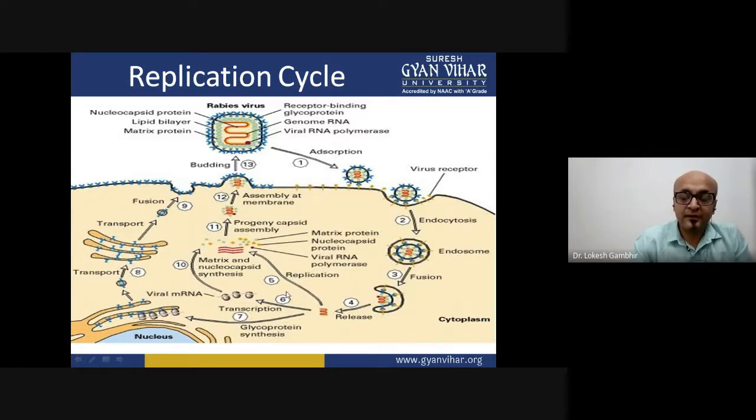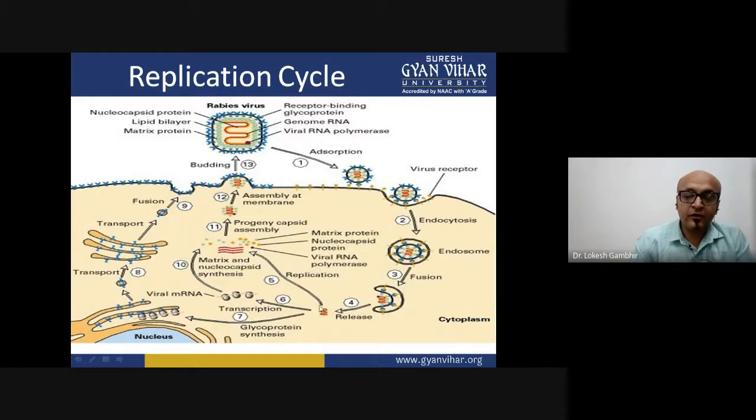First of all, a positive strand mRNA is formed. As soon as those mRNA, which we had discussed in the genomic section, are formed, the host ribosomes attach to them. These host ribosomes lead to the formation of multiple proteins, the viral proteins. All the five proteins will be formed, and those five proteins will combine to give rise to a polymerase complex, thereby increasing the number of this virus.